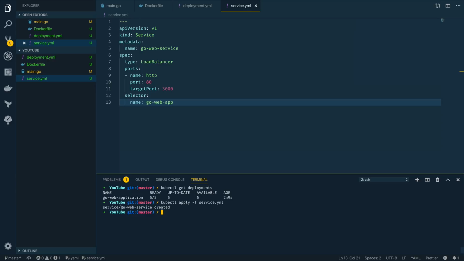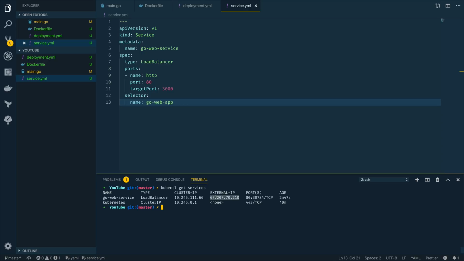Now I can then run kubectl get services, and I should be able to see that my new service has just been created. And at this point, the external IP address at which I can access my application is still being created. So I'm going to come back to that in just a couple of minutes. Awesome, so coming back to that a few minutes later, I'm going to run this kubectl get services command again. And at this point, I should see that my external IP address is no longer pending, and it has been set to